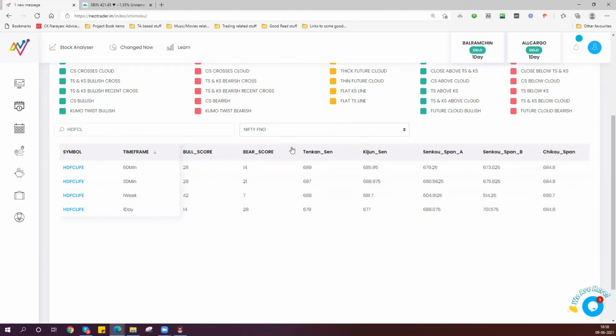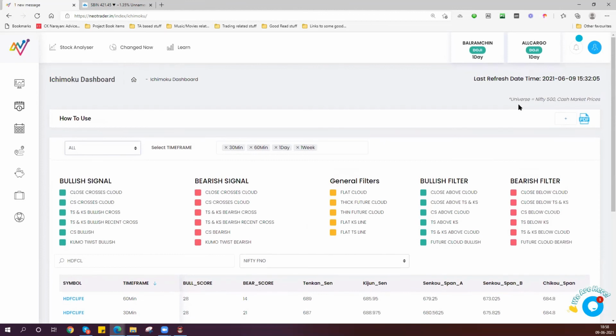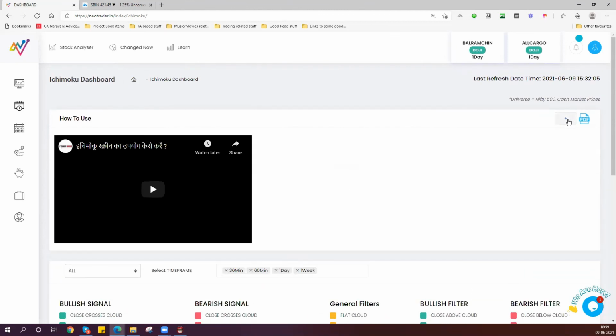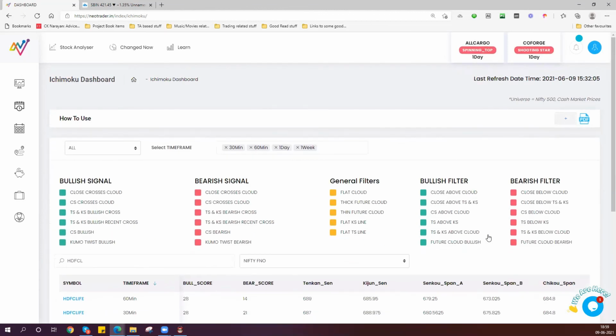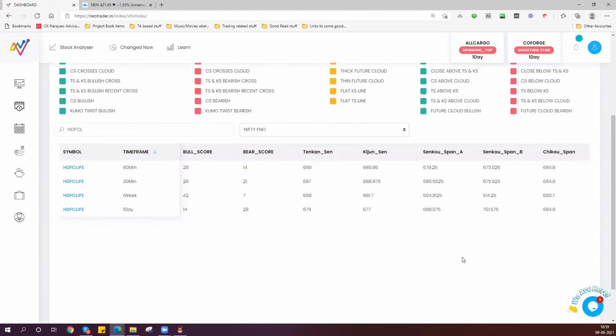So those who are not familiar with Ichimoku as of now, I advise you to either watch this brief video that you have here, all right, or you can watch something on the net. There are many videos on Ichimoku. Some are good, some are horrible, and the rest of them are somewhere in between, right? If you want, you can actually take my video course on Ichimoku. It is available on our website. It's a 3-hour plus complete video course on the Ichimoku series.